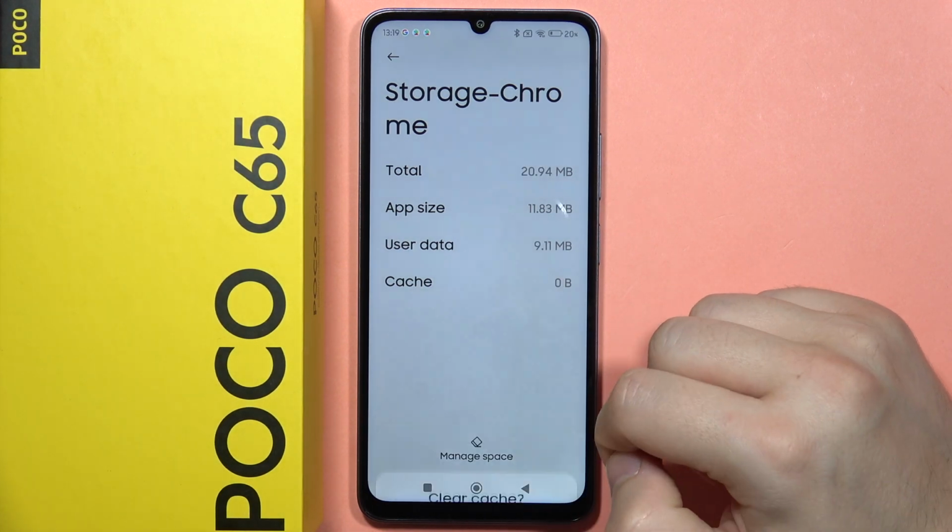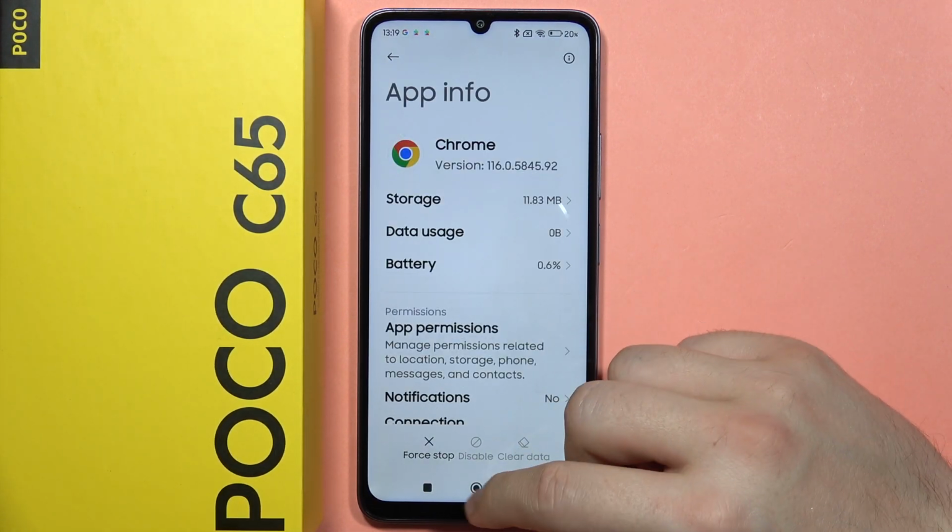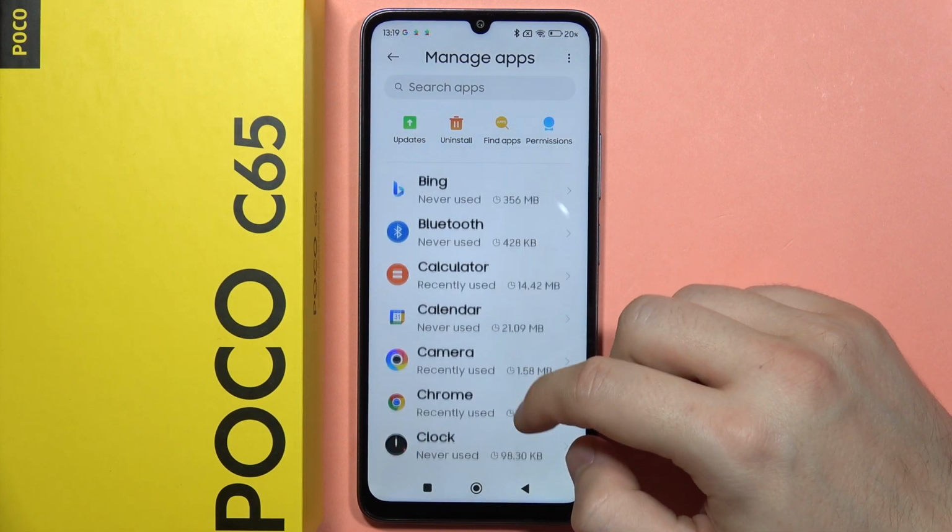You can also clear the cache, and now when you open your browser it will be running without the previous